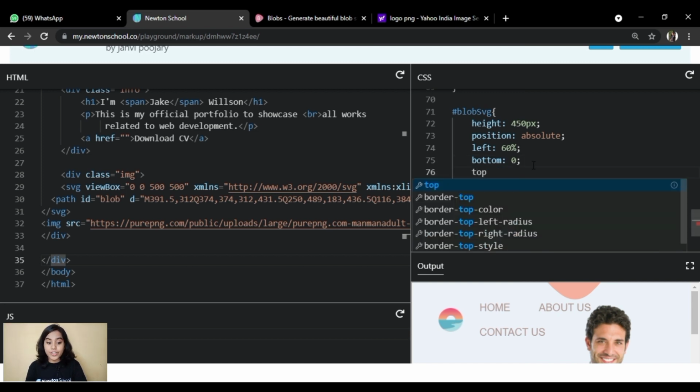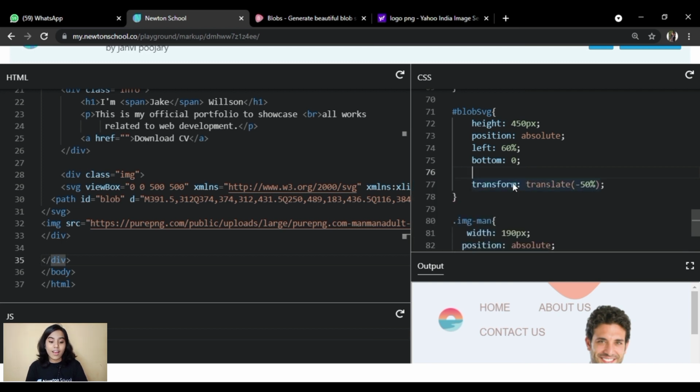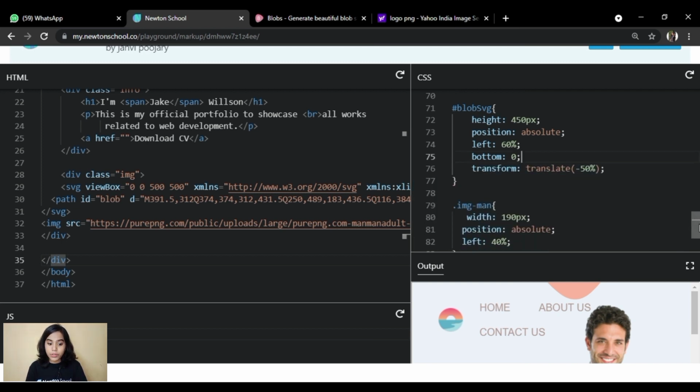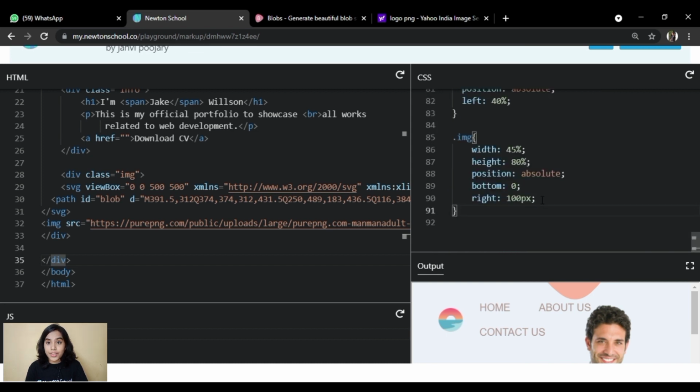Positioning is very important here, my friends, to position it properly, and it will help you put that blob behind and your image in front.